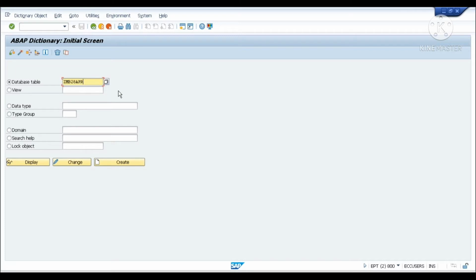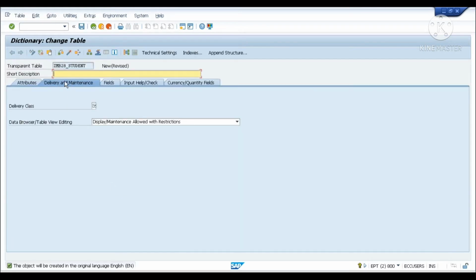This is the name of my table, maybe a student table I'm just going to create. In the beginning I will give an identifier, so ZMB28 I will be giving every time. Click on this create button to create a table, and here you can give the short description.